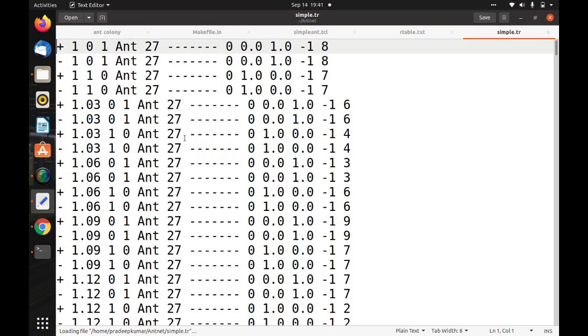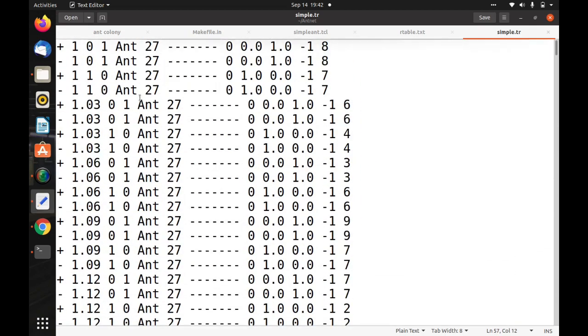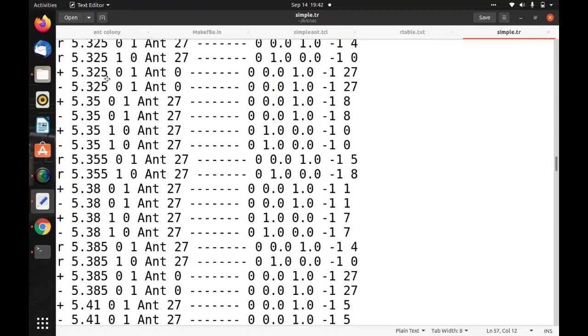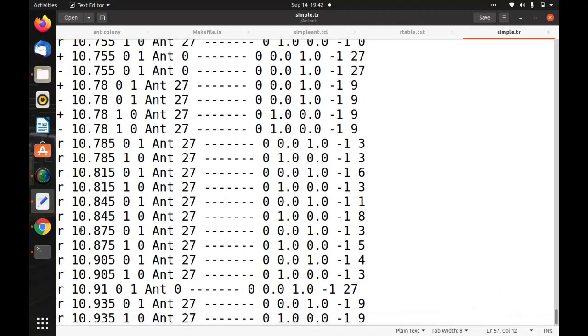In the trace file you can see there are so many packets. See that ant is coming here, it's displaying here because of the cmu-trace.tcc file, because there was code included to capture the ant packets, the packets written by the user. So that's how the ant packets have been displayed. This can be processed because we started the simulation at 1.0 and ending at 10.8 or 10.9. So we included up to 10.935.